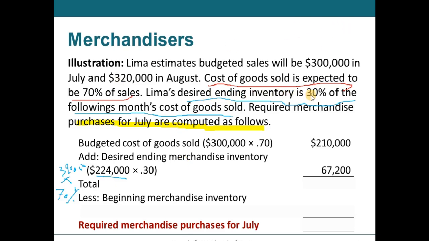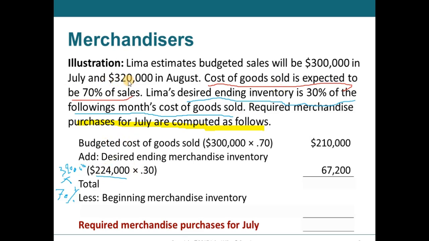The ending inventory is 30% of the following month's cost of goods sold. So the ending merchandise inventory, the cost of goods sold in August